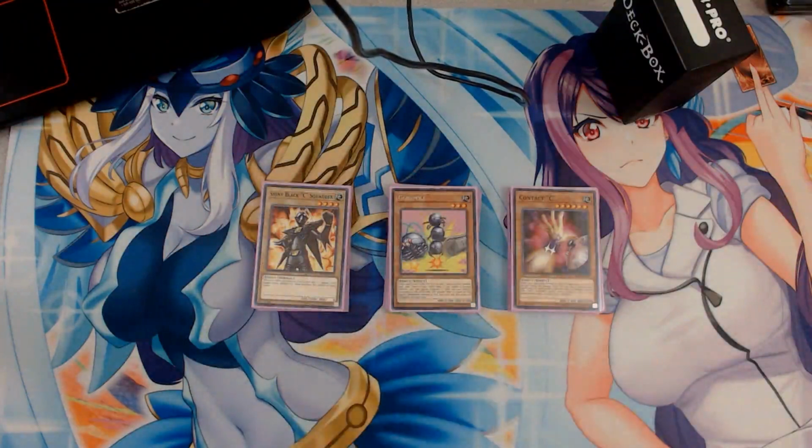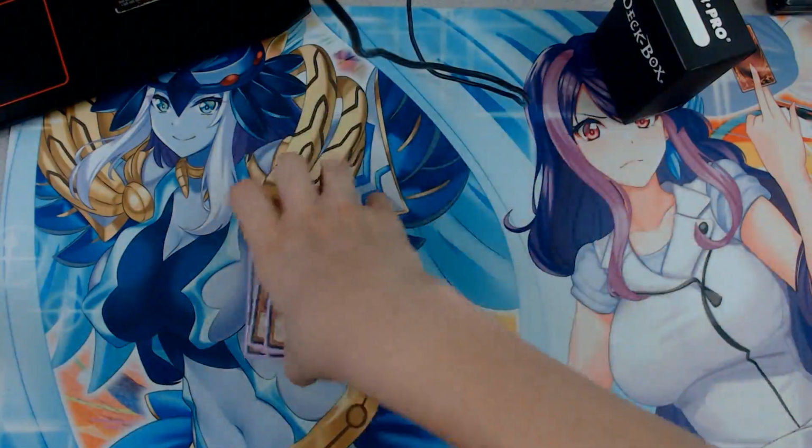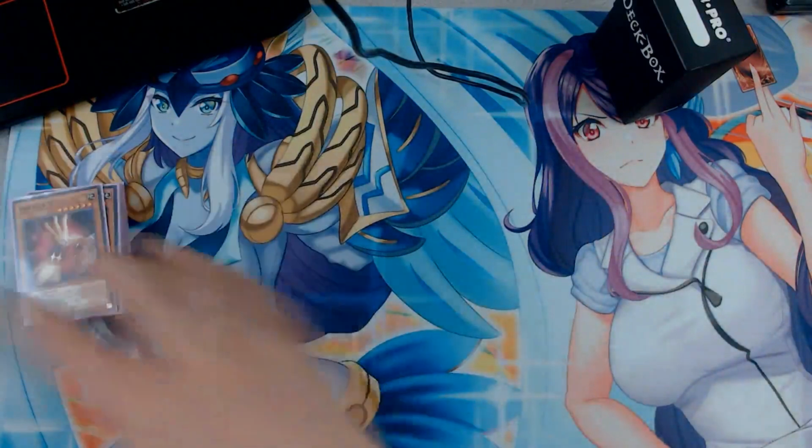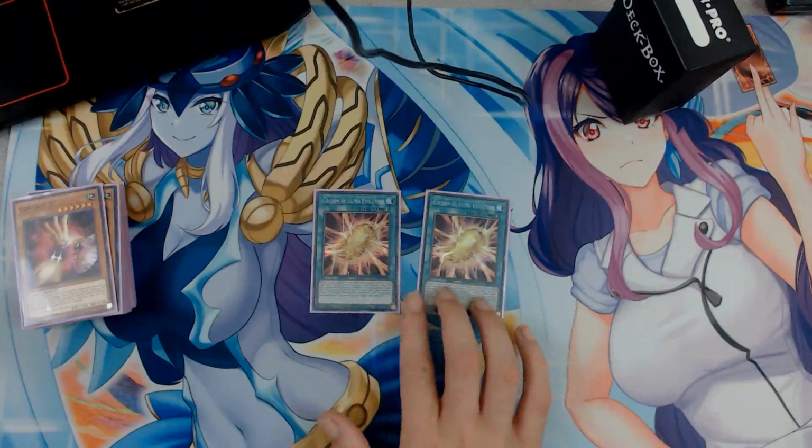Next, moving on to the spells. It's a very heavy monster lineup if you couldn't tell. Next up we have the spells. 2 copies of Cocoon of Ultra Evolution. This is to special summon Metamorphist